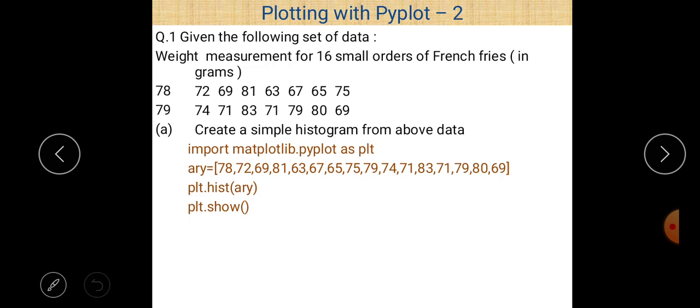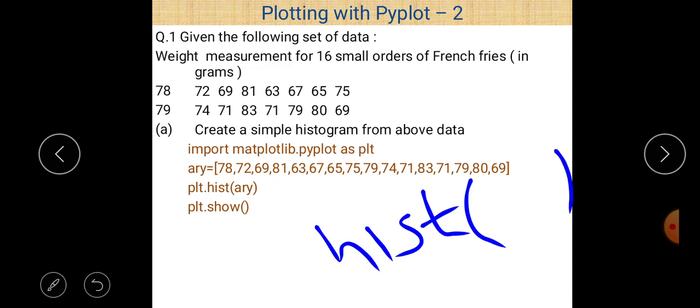In part A, we have to create a simple histogram. To create a simple histogram, we just write hist, and within the parentheses pass the name of the array.